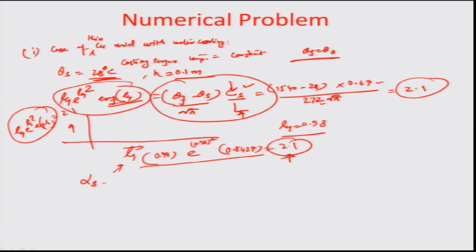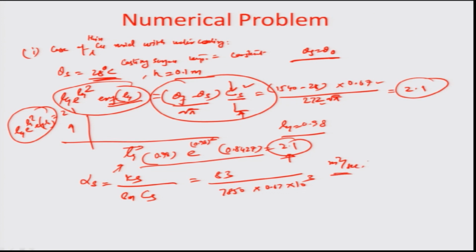Now, for that we need to calculate what is alpha s. So, alpha s here in this case is the heat conductivity or thermal conductivity of the solid metal divided by the density of the solid or liquid metal times the specific heat capacity Cs of the solid metal. So, this becomes equal to 83 divided by 7850, the density, times 0.67 times 10 to the power of 3, meter square per second. Please be very careful of the units. So, this comes out to be equal to 15.8 into 10 to the power of minus 6 meter square per second, and the solidification time therefore